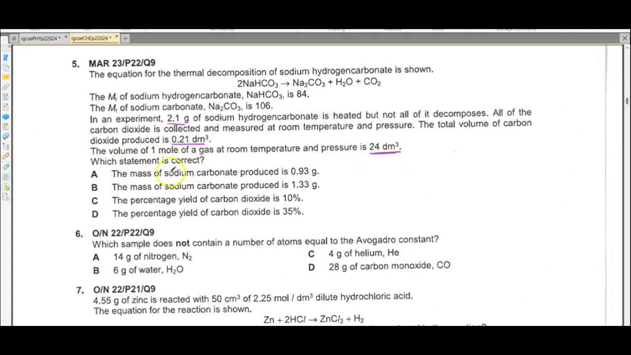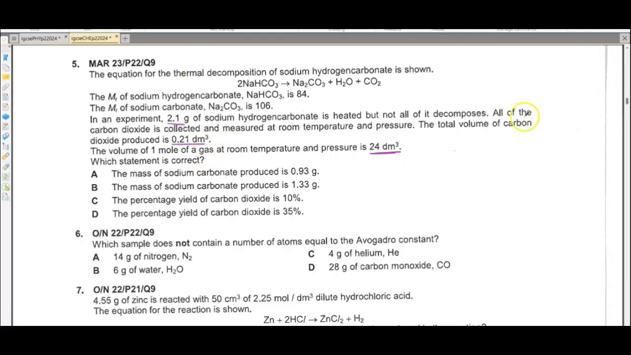Which statement is correct? The mass of sodium carbonate produced is this much. The mass of sodium carbonate produced is this much. The percentage yield of carbon dioxide is 10%. The percentage yield of carbon dioxide is 35%. Okay, now we need to solve this question. So what we need to do is that we have this much grams of sodium hydrogen carbonate, and we have this much volume of carbon dioxide. So we can find the moles of carbon dioxide